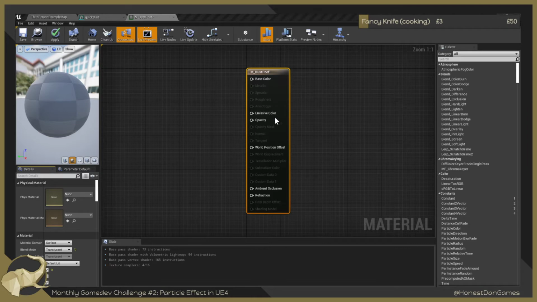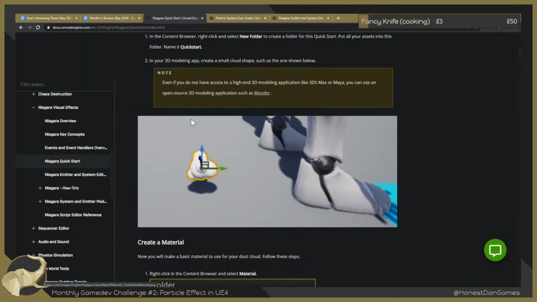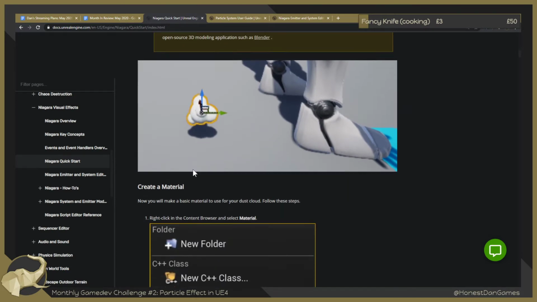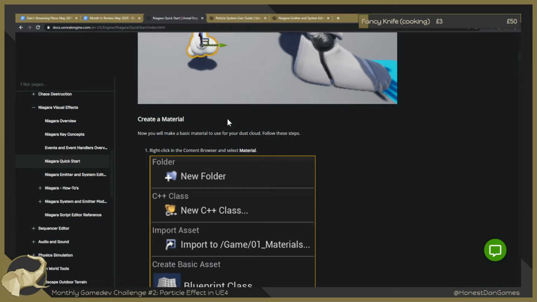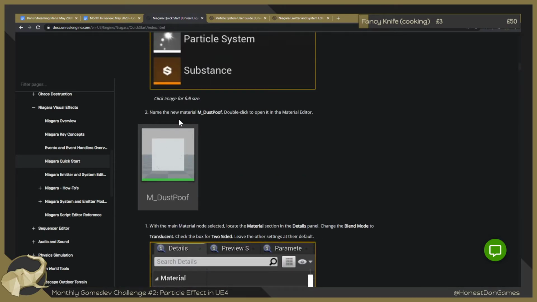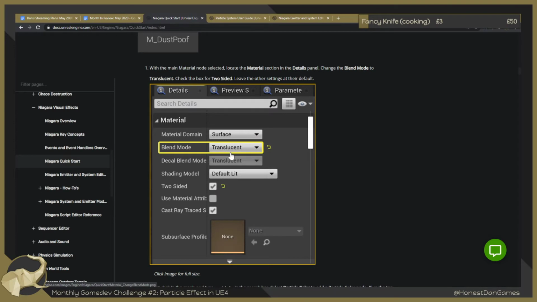It's the coolest club. Okay, so we've gone ahead and set the settings like it said. We're going to try and understand what it says for us to do at the moment. So this material, I don't know whether or not my model should be already textured with white, but we'll see. No. We can just apply a white color. Yeah. Okay, so we've made our dust poof. We've then made it translucent. So the blend mode here is